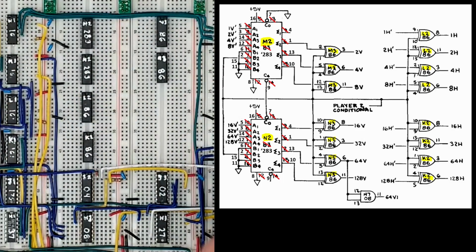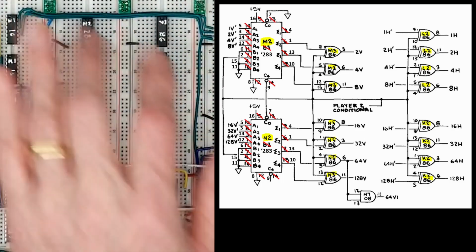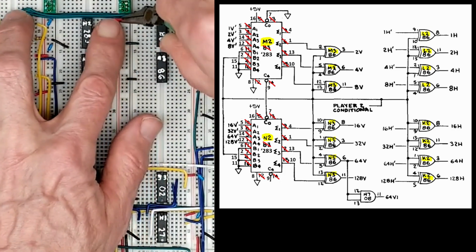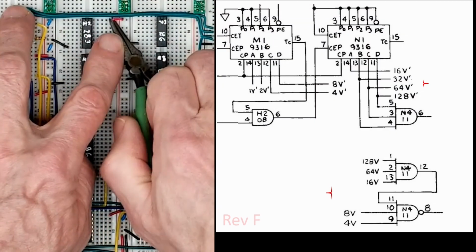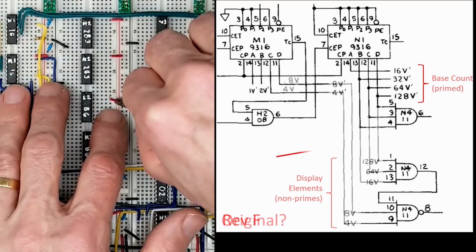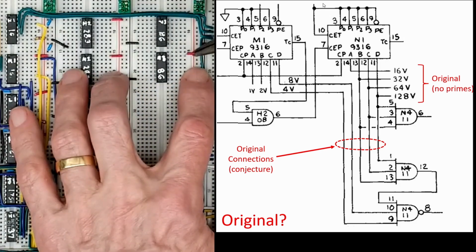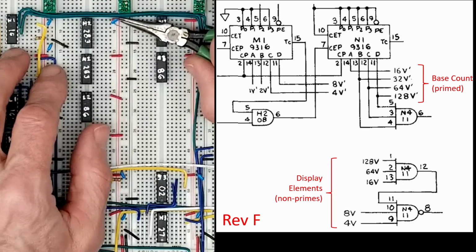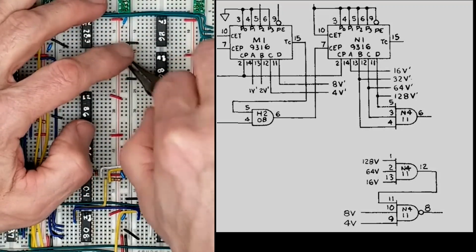We discussed before that the original drawings were probably made before flip logic was added because of some schematic clues, like signal alignments and the use of prime notation to rename the original counter lines. This is the Rev F schematic as shown in the manual, but I think it was originally like this. Since everything was already drawn, it was probably easier to leave all of the display element signals alone, add a tick to the counter lines, and shove those through new flip logic added to sheet 4.